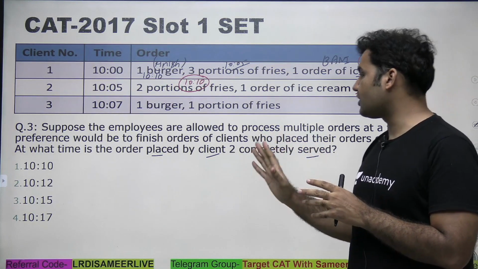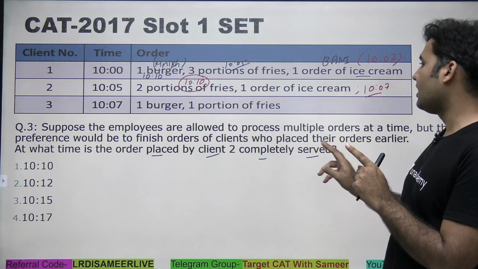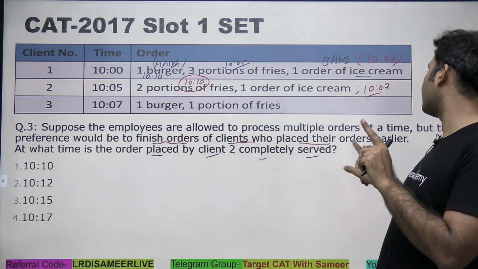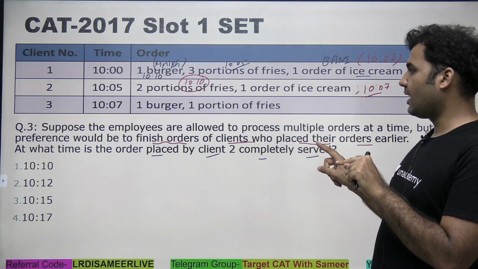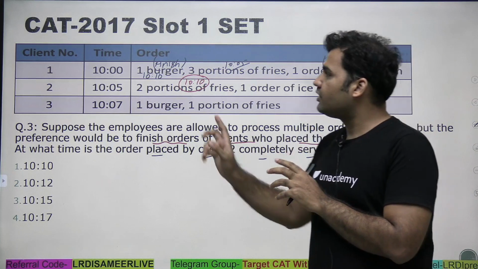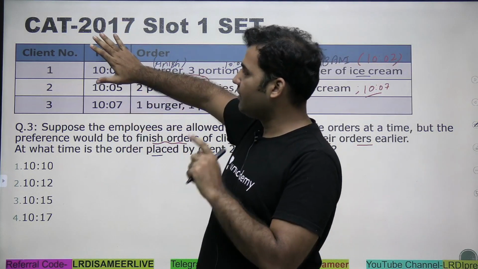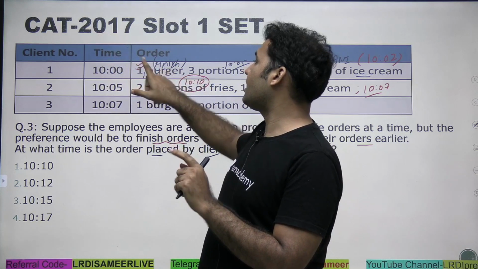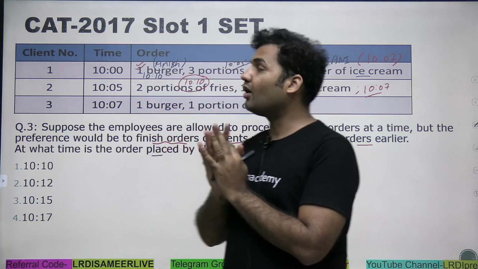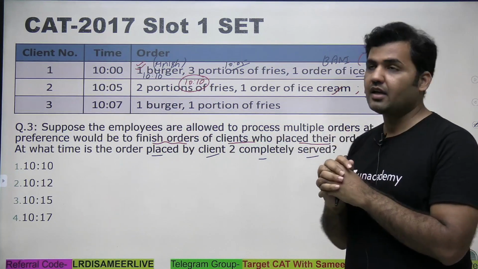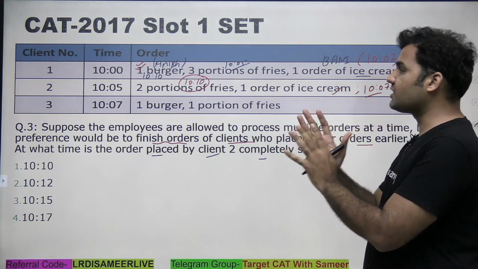But here in this question, the condition is that the preference will be to finish orders of the clients who place their orders earlier. At what time is the order placed by client 2 completely served? So if your preference is to complete the order of client number 1, which will be done by 10:10, by 10:10 you can also make sure that the client number 2 order is also ready,